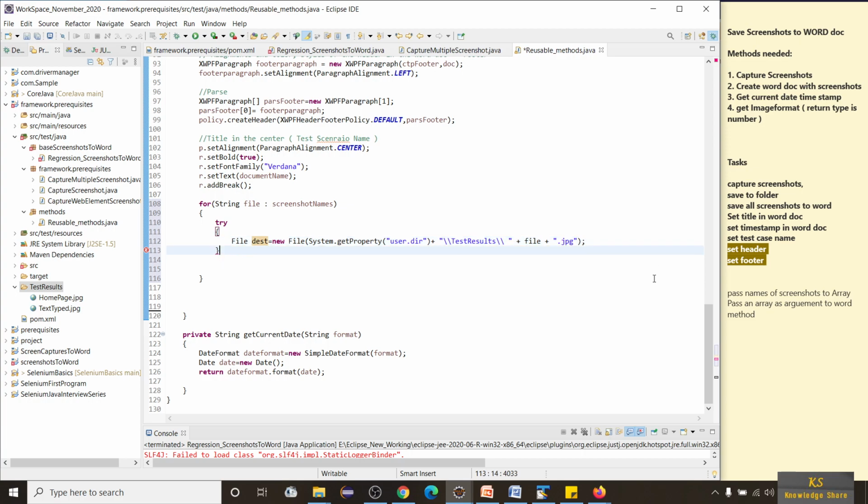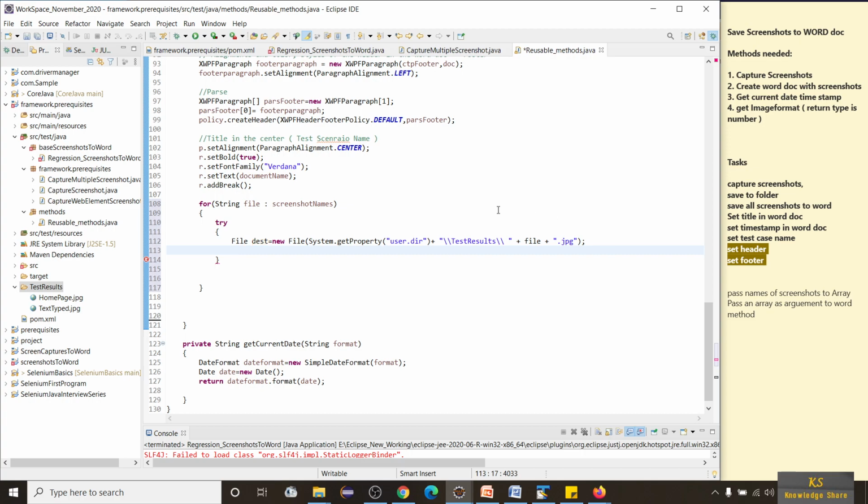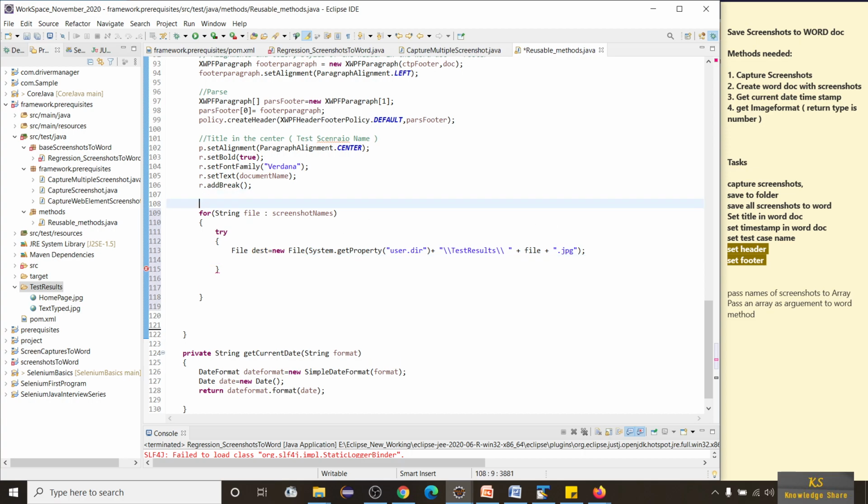That's it. Now here I want to take one BufferedImage class to take the variable to set the destination or to read the destination image. So for that I'm taking here, let me take a BufferedImage.